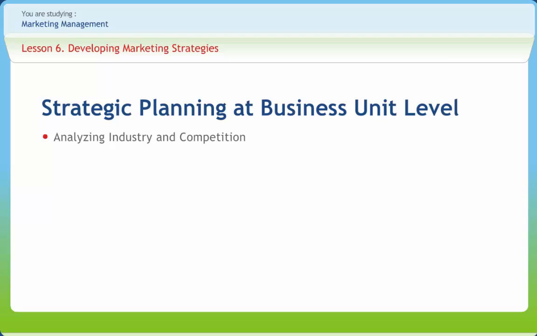The firm needs to conduct a SWOT analysis to find out the strengths, weaknesses, opportunities, and threats for a business unit. A company deliberately chooses a particular strategy depending upon its strengths and the goals set for the business unit. While goals indicate what is to be achieved, strategy is the game plan used to achieve these goals.